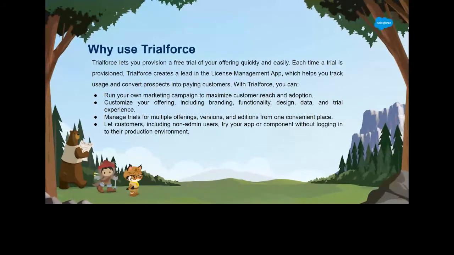But the problem is, if a customer wants to explore your application before even subscribing or buying your offering, how can we give them a trial version of your solution instead of your production org?